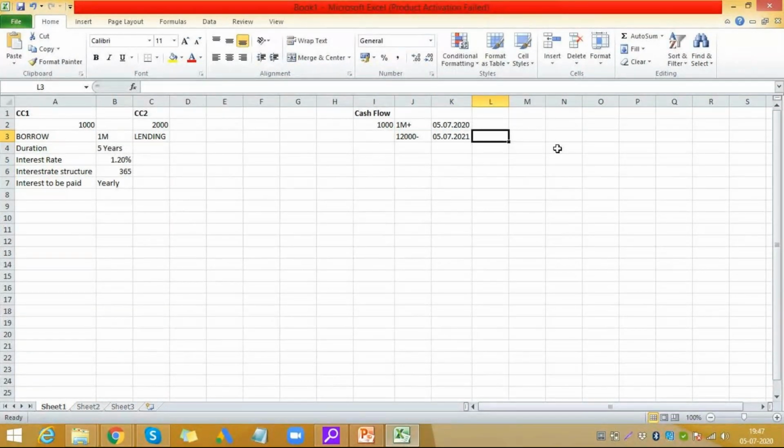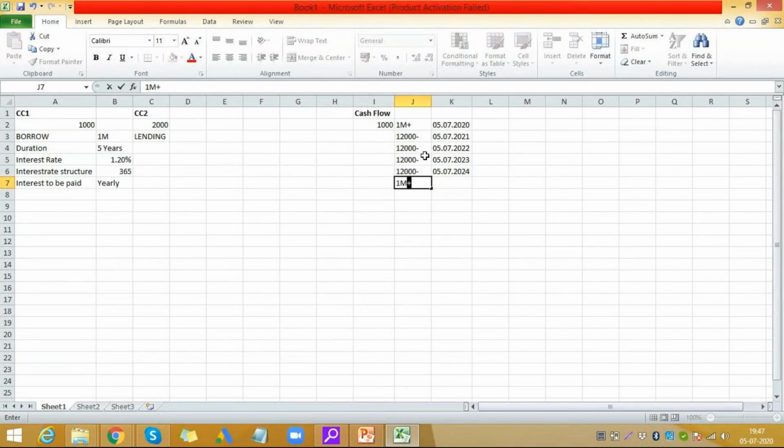This you will see basically in the system, all these things. So again, this same interest will go. Now again, we have the option of fixed interest, variable interest, and then at the end of the term, it has to pay 1 million on 05/07/2025, plus it has to pay this 12,000, which is the interest of the last year on the same date. So this is the cash flow that will be seen in the system based on what parameters we decide.